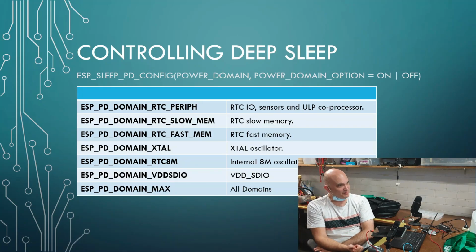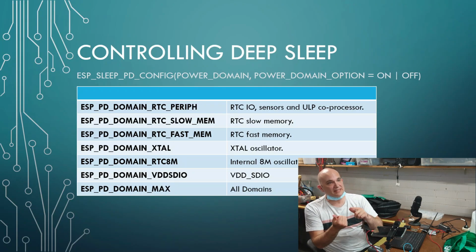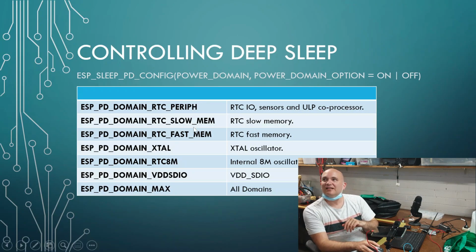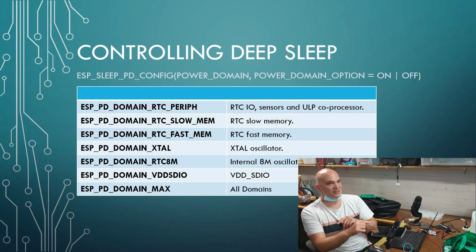which allows me things like GPIO, pull up and pull down resistors, and the ULP, I2C and all that stuff, right? The slow memory, we can basically turn that off. We've kept it on right now, and we'll have a look at an example of switching that off in a moment. The fast memory, that's essentially the fast memory of the chip. The external oscillator,